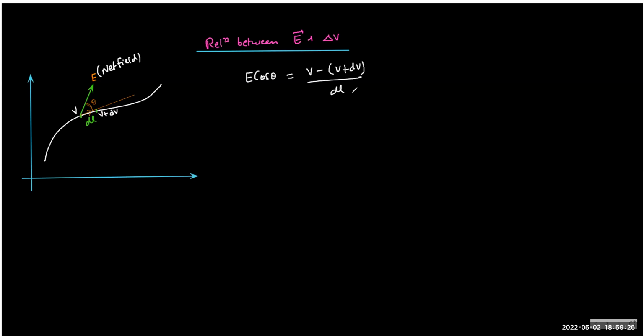Remember, here we are only taking the direction of movement, and therefore we are taking the electric field in that direction. Okay, sir. So now we can clearly see the E cos theta turns out to be minus dV by dl. So dV we can write as minus E cos theta dl. So if I integrate both sides,